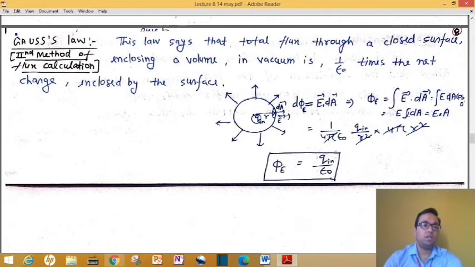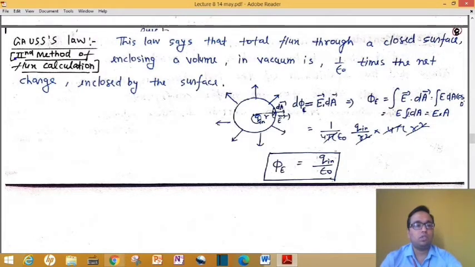So this was the reason I didn't take the second part in the previous two questions. However, I explained to you how to calculate that Q inside charge. Here we have Gauss law, and with the help of this Gauss law we will be able to solve the second part also, the calculation of that analog charge or hypothetical charge.